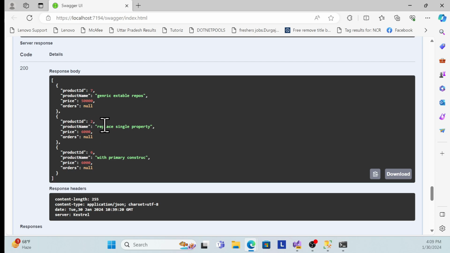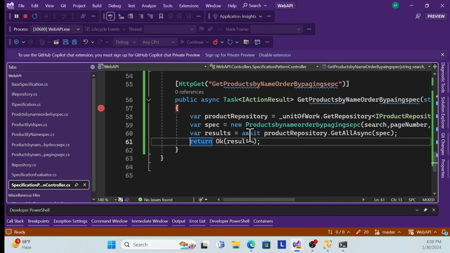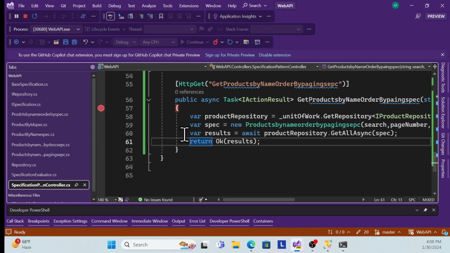So that's it for this session, and in the next session we will implement, see, this is pagination being used, but if you are trying to use pagination, you definitely require some total count, what the page size is, what the total size is, or whether the next page is enabled or the previous page is enabled, as we have done previously, right? So that also we will implement in the next session, so that you are aware that if we are using the pagination concept, the pagination data should also be returned, right? So that will be implemented in the next session. So till now,